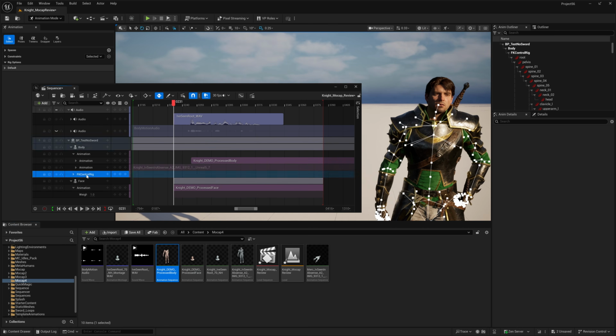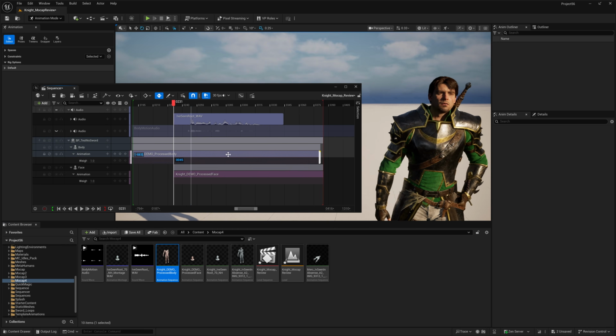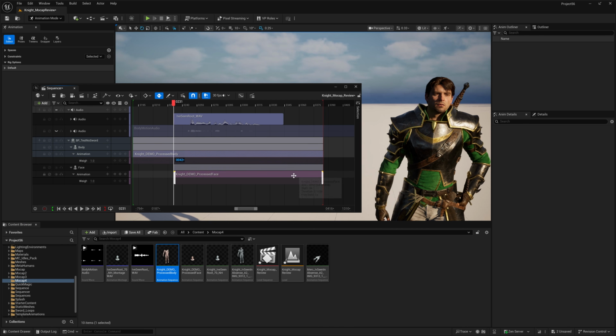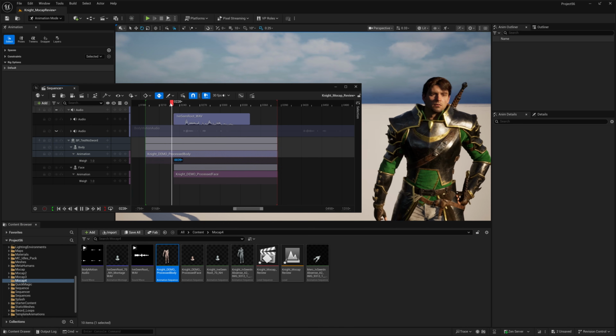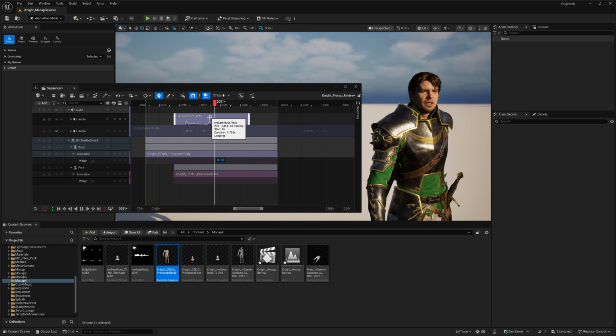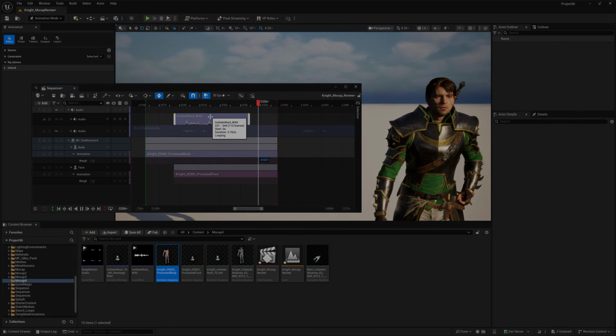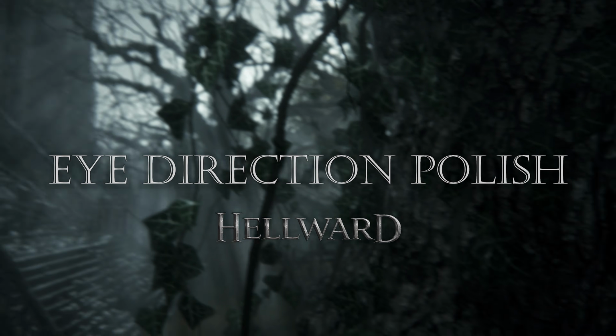The reason I structure this way is so the end of both clips stay aligned, being able to sync body and facial animation, while I can use the beginning of the facial animation clip to align the audio, ensuring a perfect sync when bringing them into my main level sequence. Now we can do some polish.